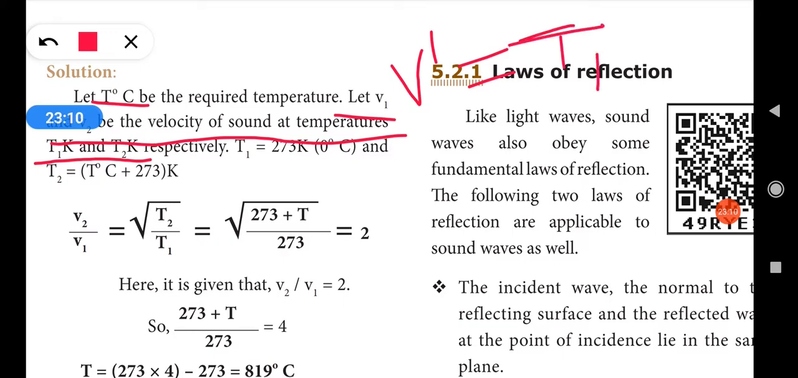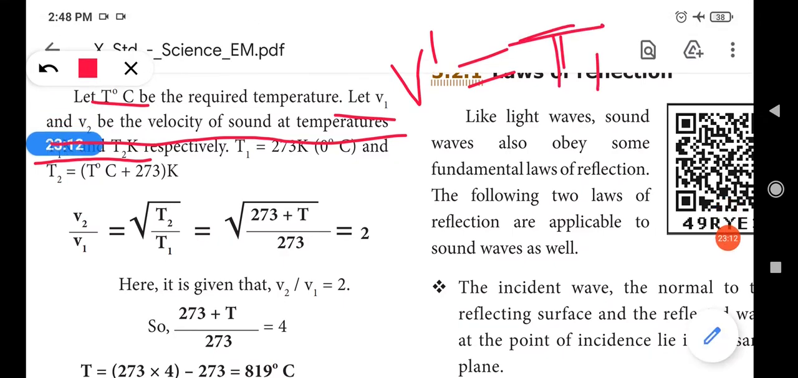So at temperature T1 the velocity of the sound is V1. At temperature T2 the velocity of the sound will be V2. Okay,